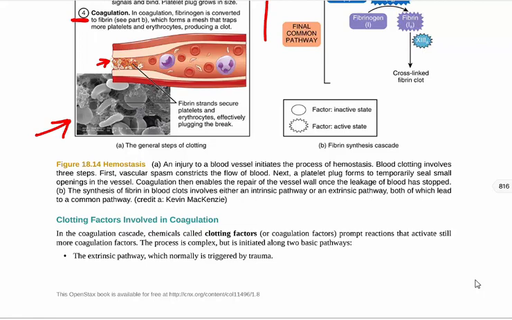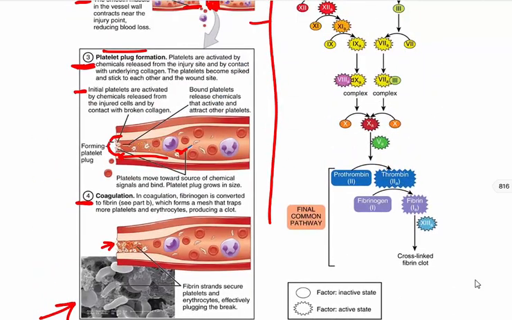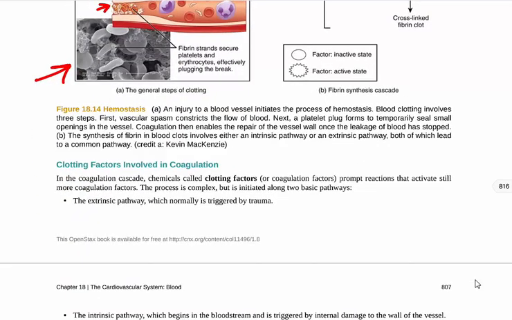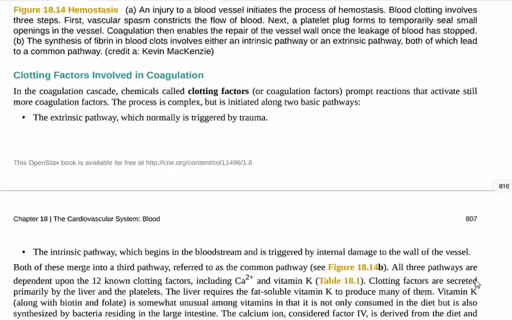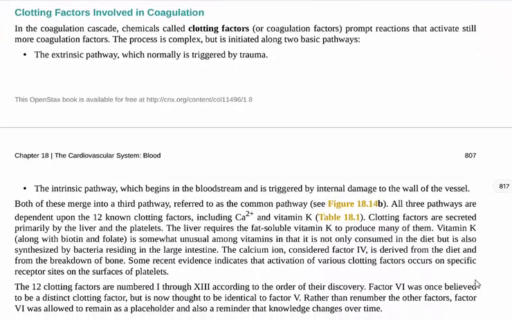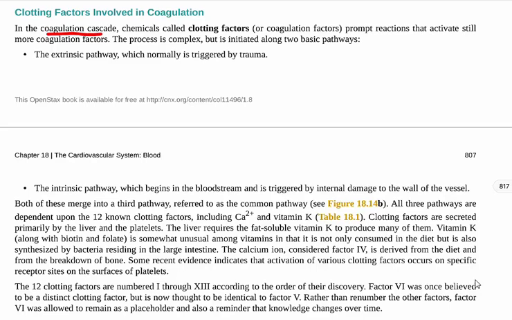All right, so we're going to go back up and we'll take a look at this cascade here that's on the right side. But first I want to go through the words and we can talk about it, and then we can go up and look at the actual illustration there. So the clotting factors that are involved in coagulation, also called the coagulation cascade,